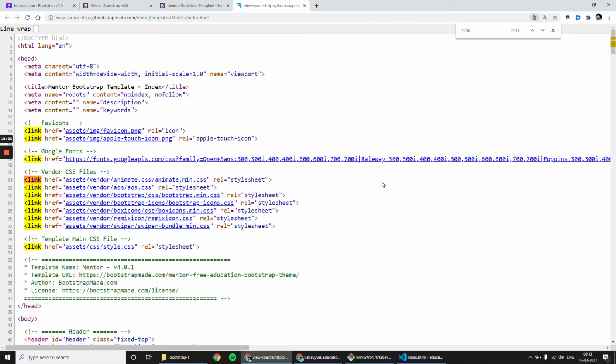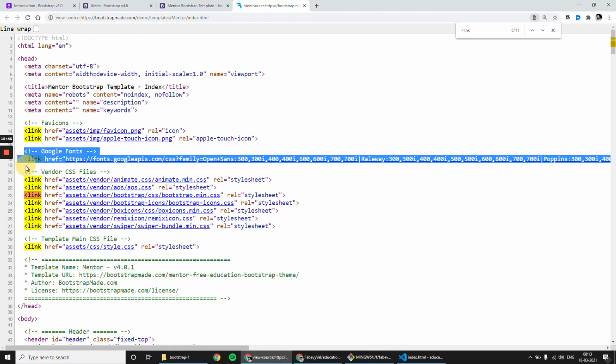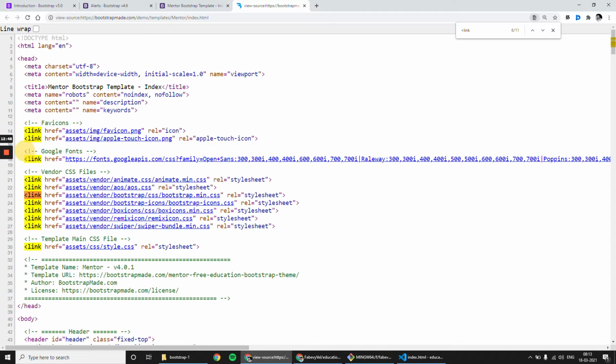If you go to the next ones, you can see that nothing is related to fonts. They have used some other libraries like Animate and other stuff, but if needed or if possible, we will practice that as well. But our main goal is to use Bootstrap properly. So there are two things you can do now. One is to simply copy this code from here and paste it in your project.